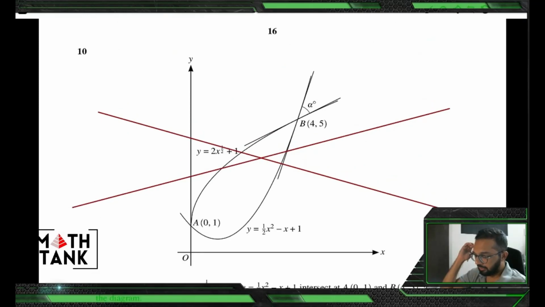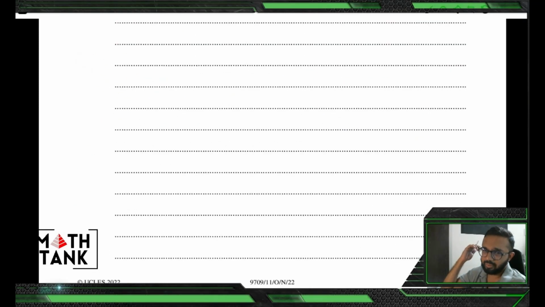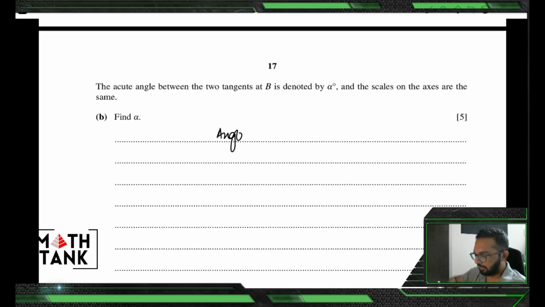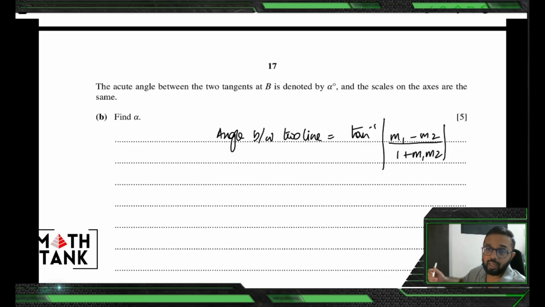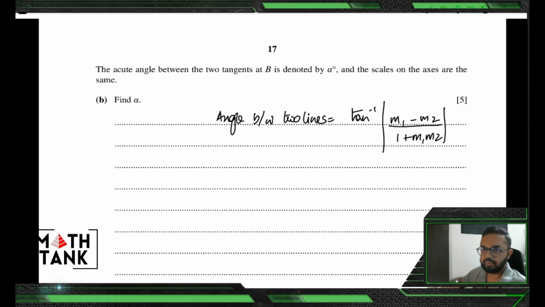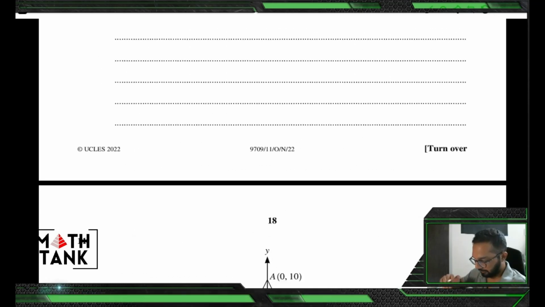Okay, this question is about angles between two tangents. I don't want to go through the entire question, but angle between two lines can be found with the formula, as you've learned in class. It's basically tan inverse of m1 minus m2 over 1 plus m1 m2. If you use this, you're going to find the angle between two lines, and that's the easy way of finding it, although there's a more challenging way. You draw triangles and all of those things, and you can still get your answer.